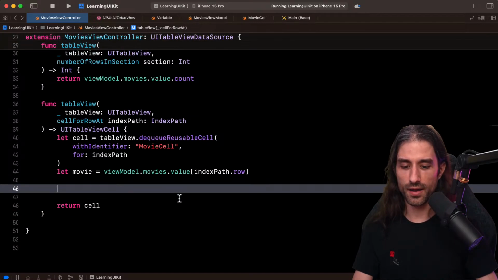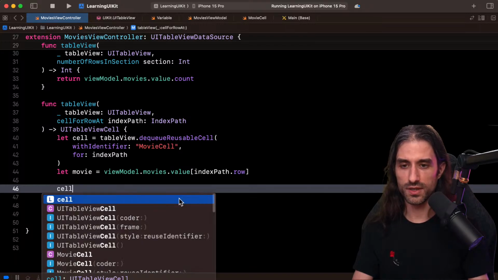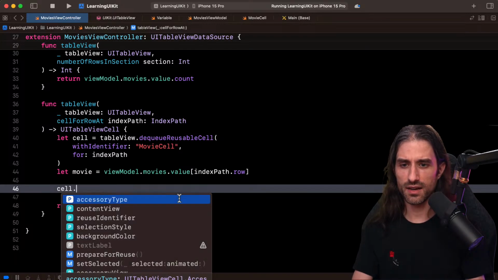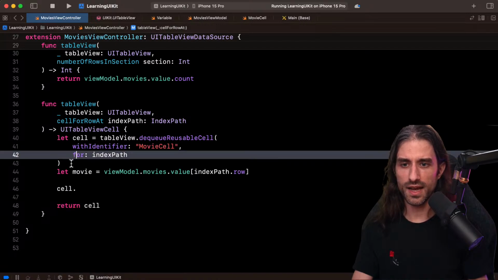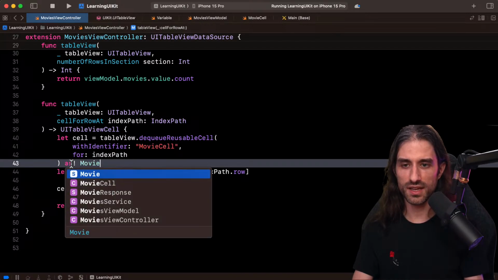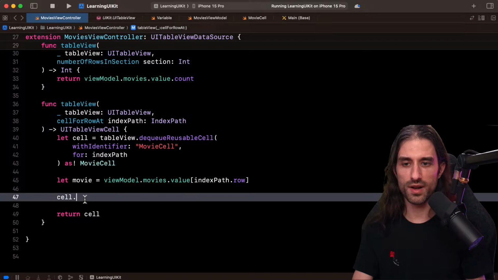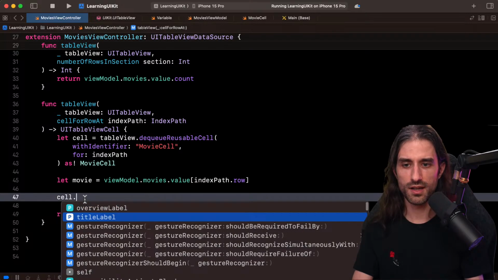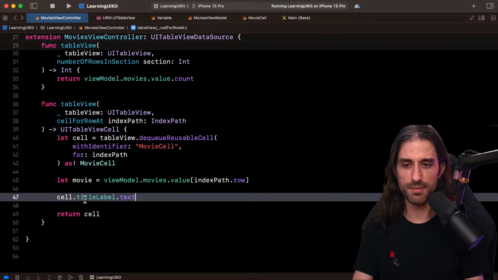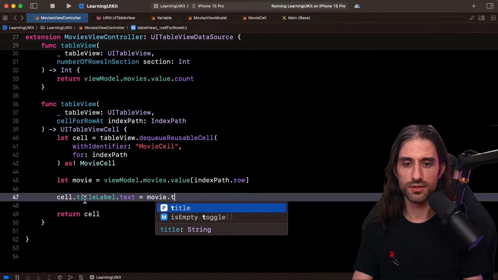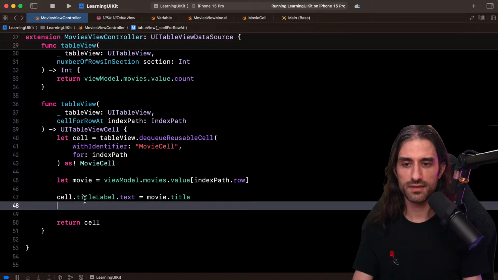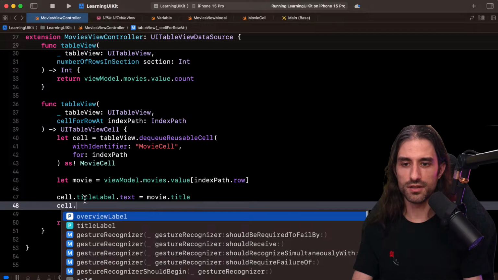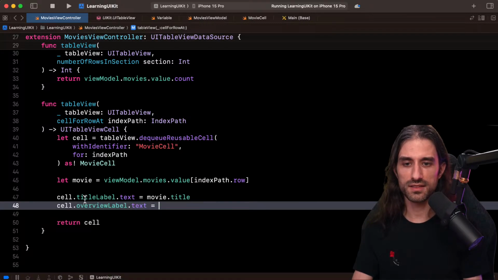And so let me try and do it actually. So what I can do on my cell, I can do cell. So actually I can add a first cast to cast it as a movie cell. This way we'll have access to the properties that I've created. And so I can do title label.text equal movie.title and cell.overview label.text equal